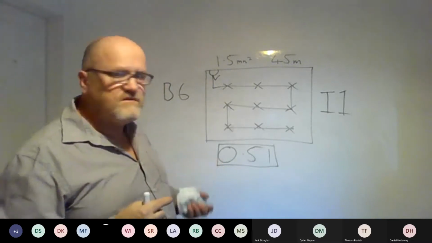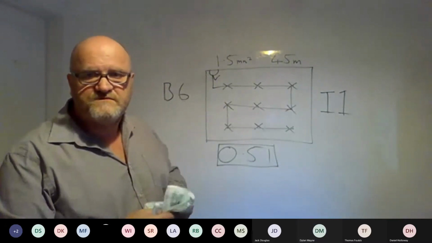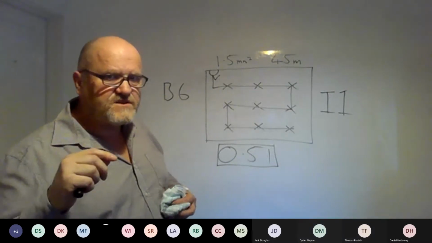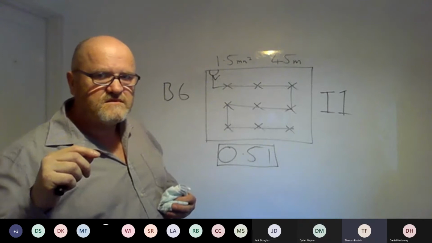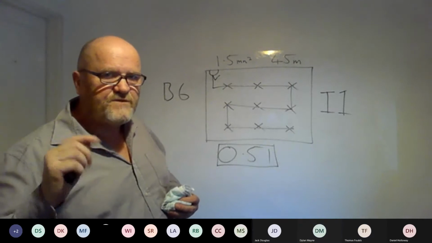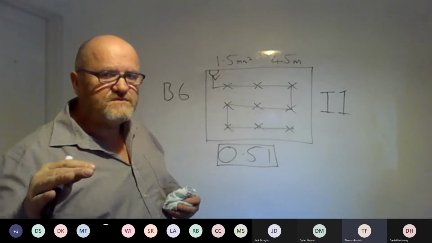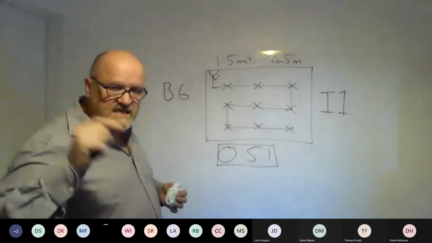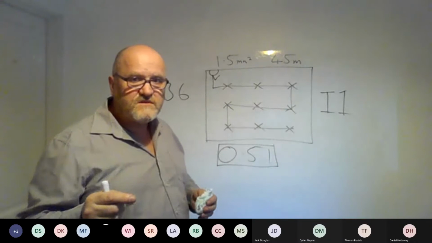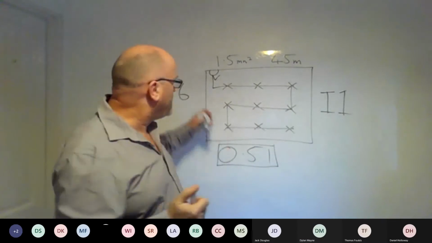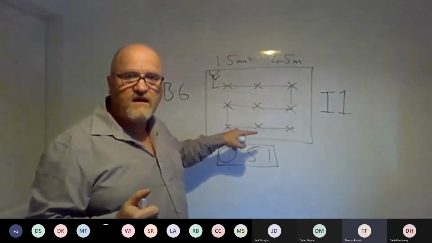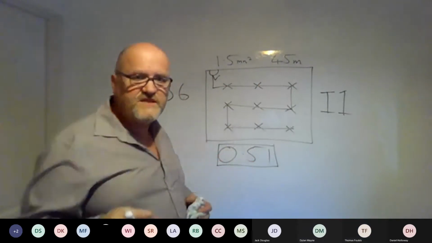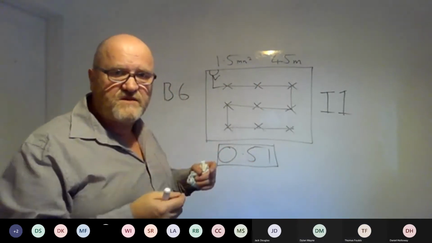For a ring final, what size breaker do you use? B13? Not 13, that's a fuse size. 32. That's it. B32. The most resistance you can have on a ring final is 1.1 ohms. So it's quite low. If I've got too long a run, I'll have too much resistance, and what that actually means is my circuit breakers won't trip in time.